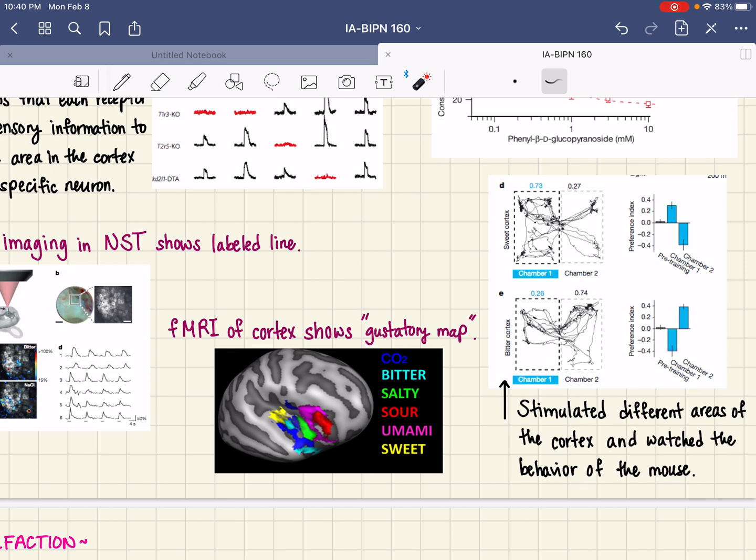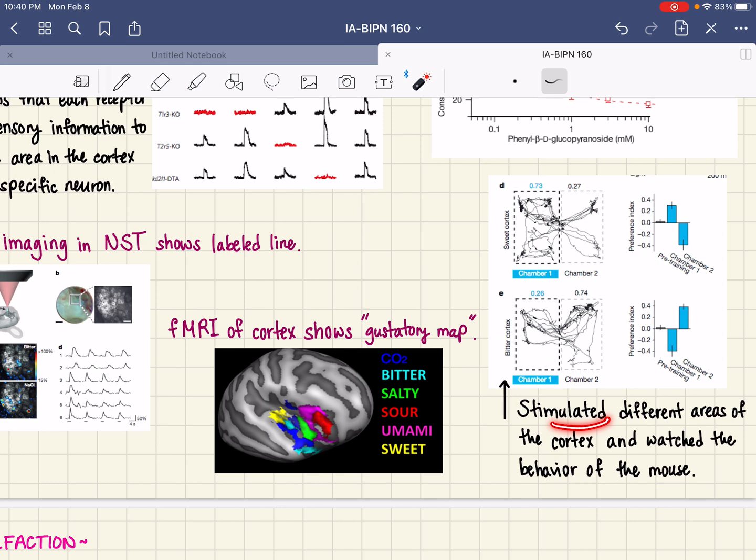If you want to see if an area of a brain is sufficient to carry out the function or is able to carry out the function, then you want to stimulate that area and see if the function indeed becomes stronger or there's more of that function. Okay, and if there is, then you say, yes, this area of the brain is sufficient enough or is able to perform this function. So in this case, what the researchers did is